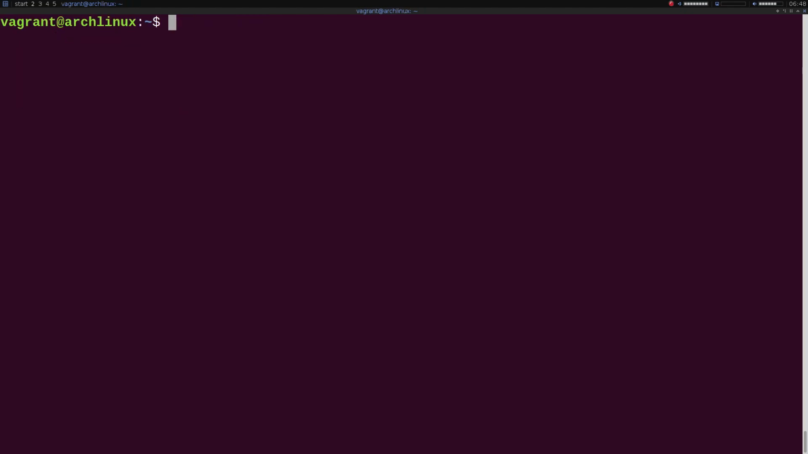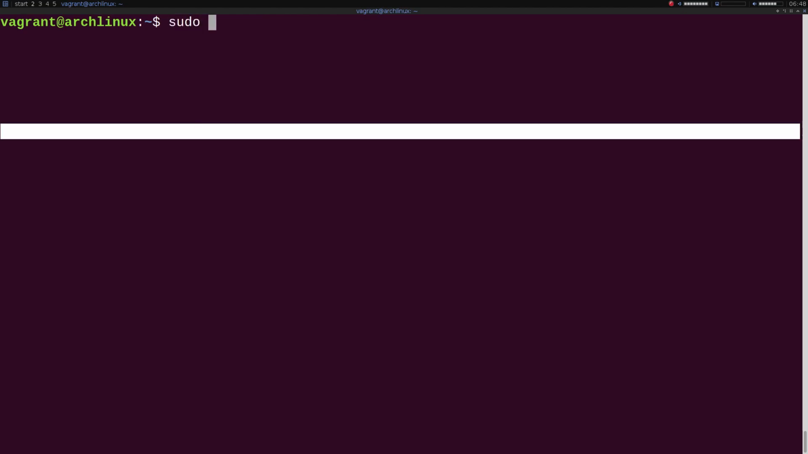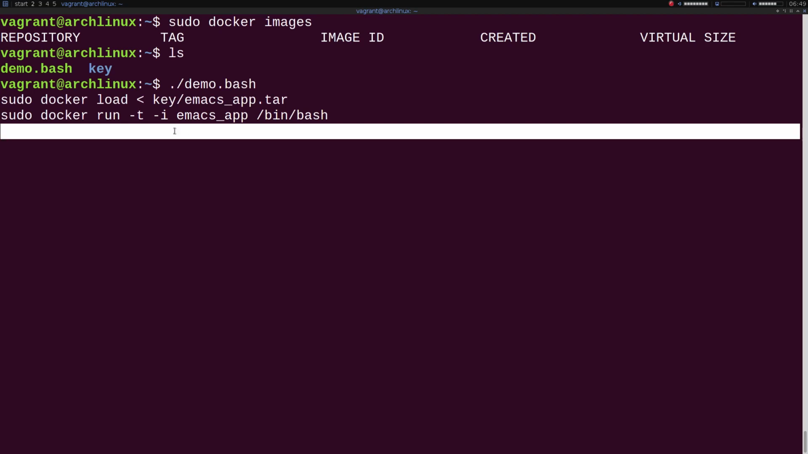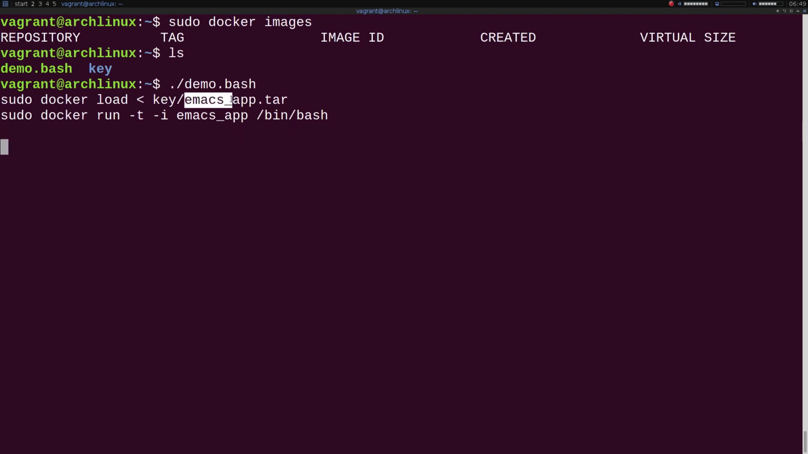And if I do sudo docker images, you'll see that it has none, and it needs an image in order to create a VM, or container is what Docker likes to call them. And so I'm going to run this demo, and those are the commands that it's going to run. It's going to first load the image from the Emacs app tar file, and then I'm going to run